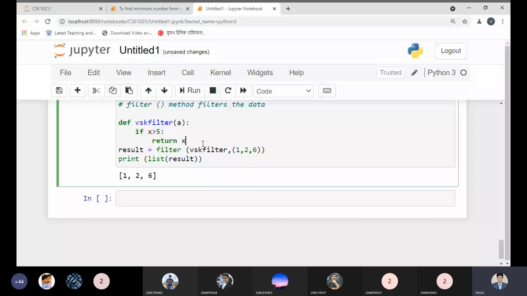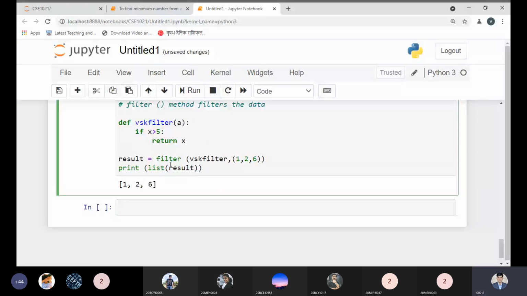In the result, in the VSK filter, we have these values, and we are getting 1 2 3. One passes, and it should be a, not x. This is my mistake. Yes, 6 is bigger than the limit. Instead of this one, these two values are smaller.